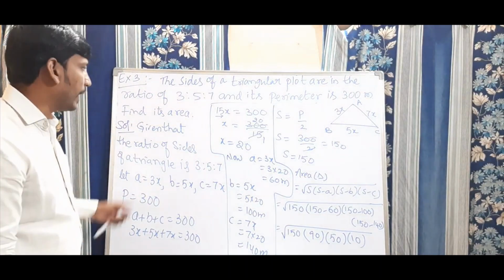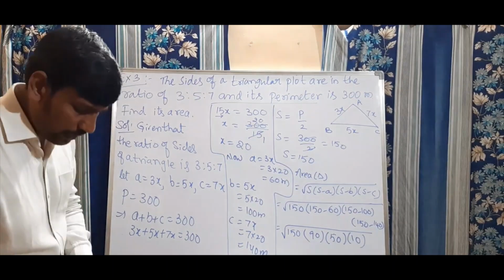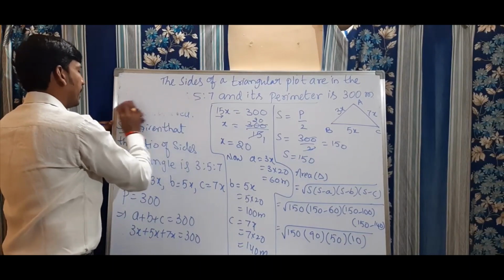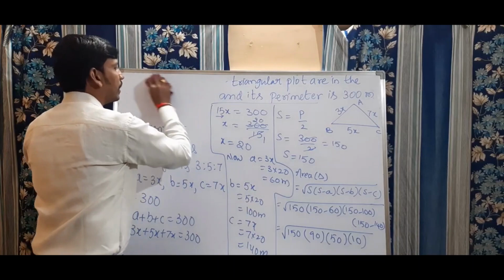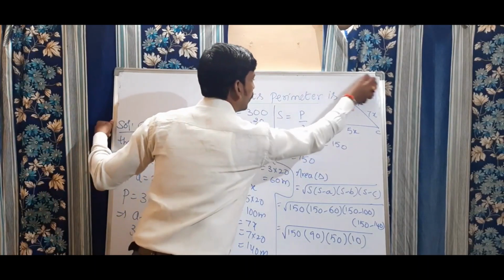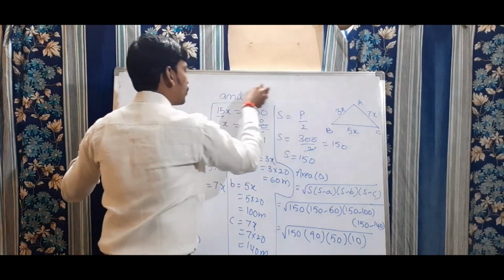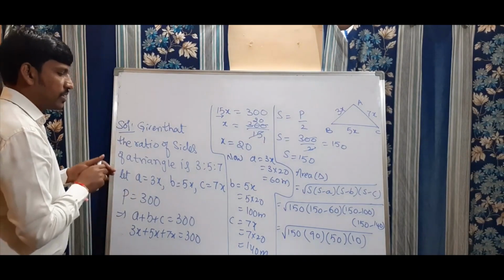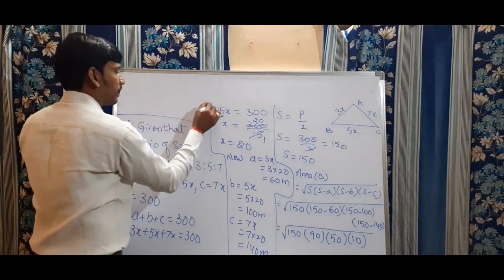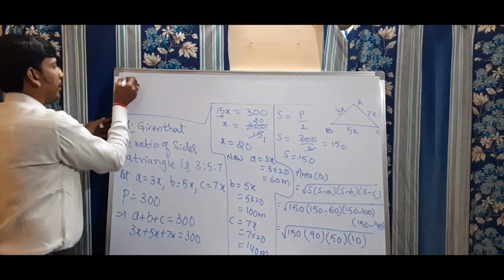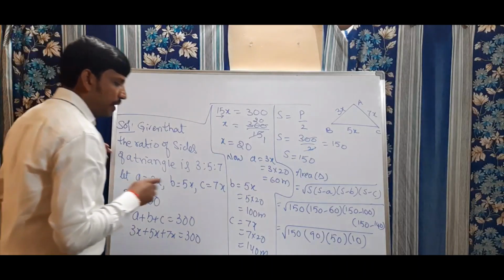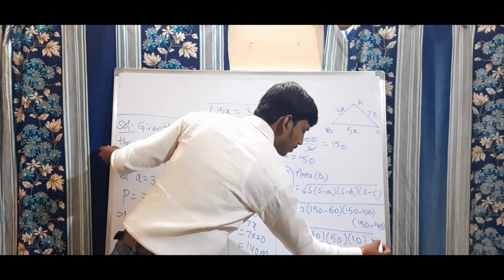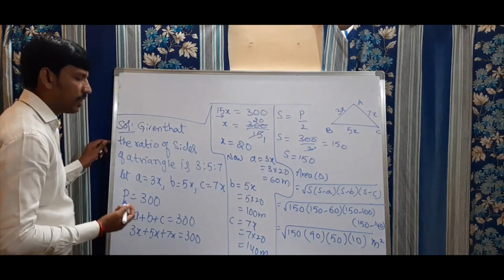Now I am going to find out here. I want to erase that. Right? The question I am going to erase. You please see this here. To find the square root of that value, it is easy to find out. You can split into prime factors. You will get the solution. Clear, my dears? So now here, see, which implies, now see this here, square root of 150 into 90 into 50 into 10, this is meter square. Now we are going to find out square root of these numbers.